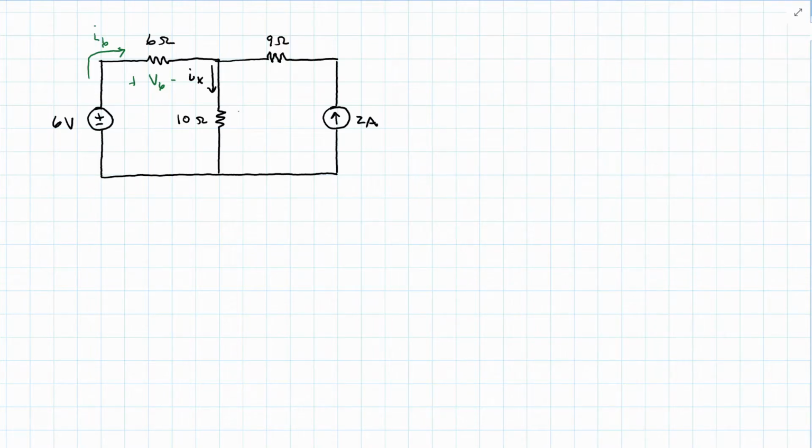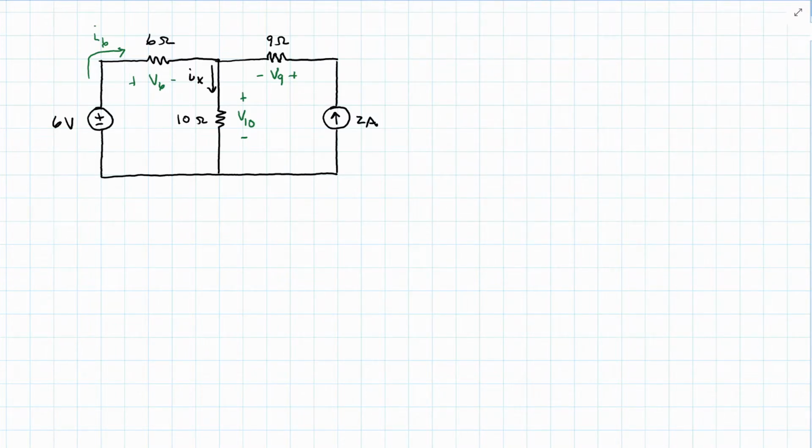So I'm going to define V10 as positive polarity terminal on top, negative polarity terminal on bottom. For the 9 ohm resistor, I know that 2 amps of current flow through it, so I'm going to assign a voltage V9, positive polarity on the right, negative polarity on the left,